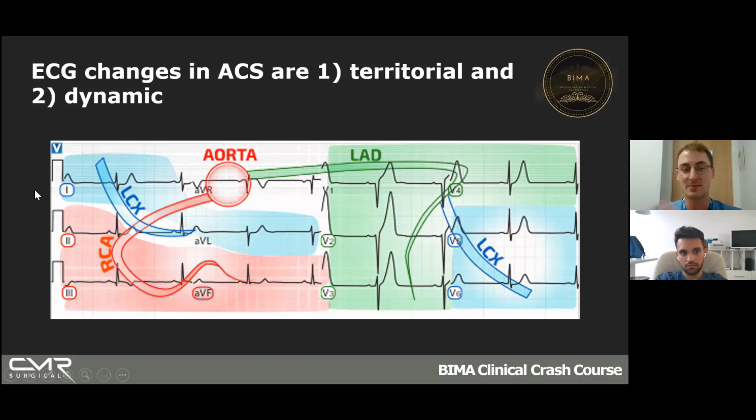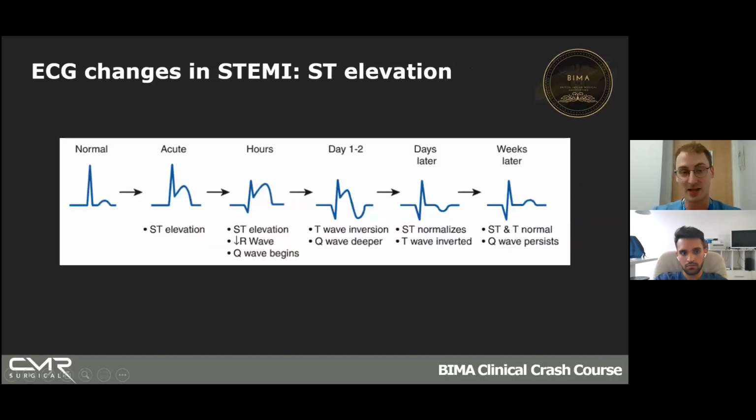So STEMIs are nice and easy. You get ST elevation, basically. Over seconds to minutes, you get ST elevation. This is your ST segment on the left-hand side. It's nice and flat. Your ST segment rises within a couple of minutes in the leads representing the artery that's blocked off. It's defined as a rise of, I think, more than 2 small squares in the chest leads and 1 in the limb leads, so 1, 2, AVL and AVF. The changes then are dynamic and happen over time, so they get worse, basically.